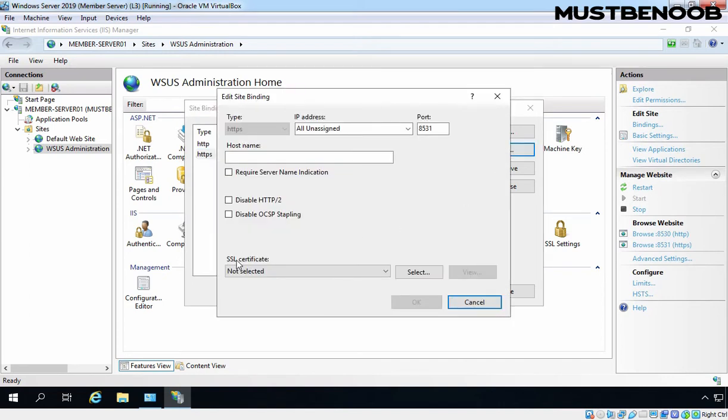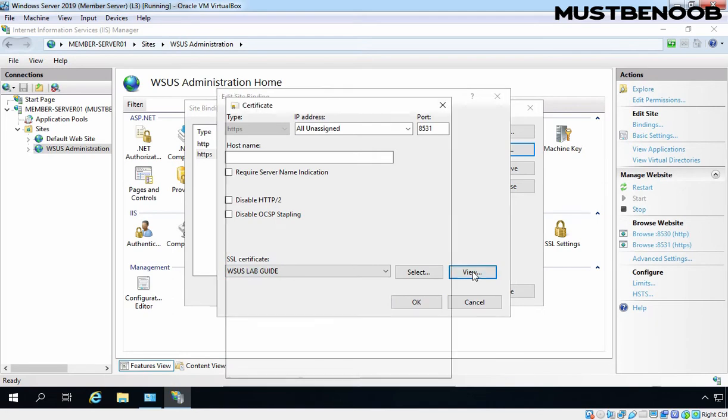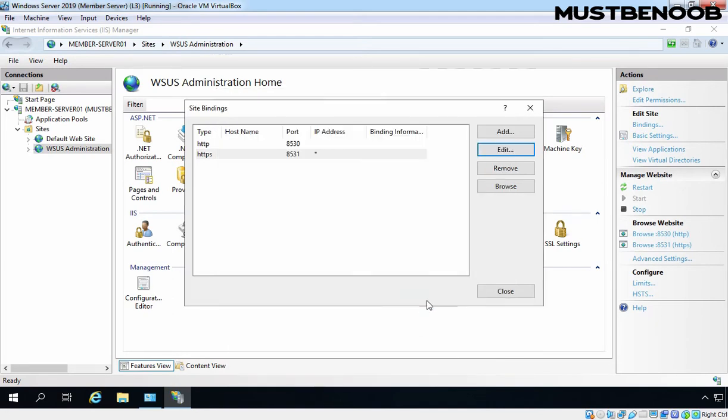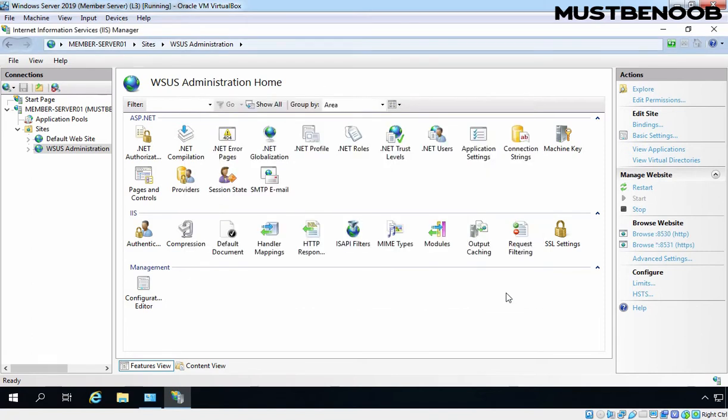And under SSL certificate, let's click on this drop down menu and select WSUS Lab Guide. This is the friendly name of our self-signed SSL certificate. You can view the certificate by clicking on this View button as well. Click on OK and click on Close. Now we have successfully bound that SSL certificate to our WSUS Administration site.